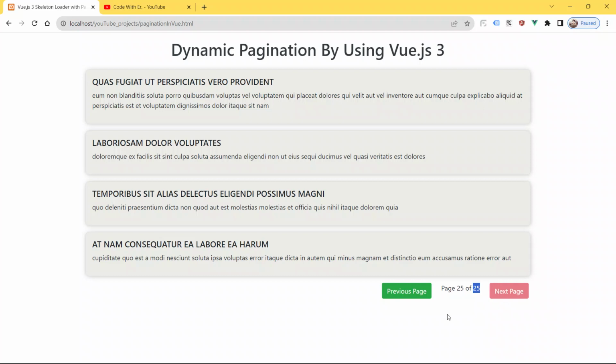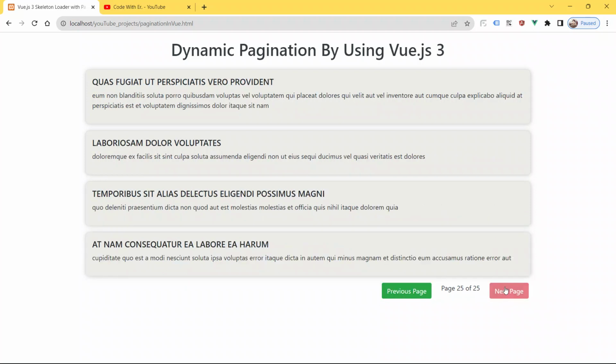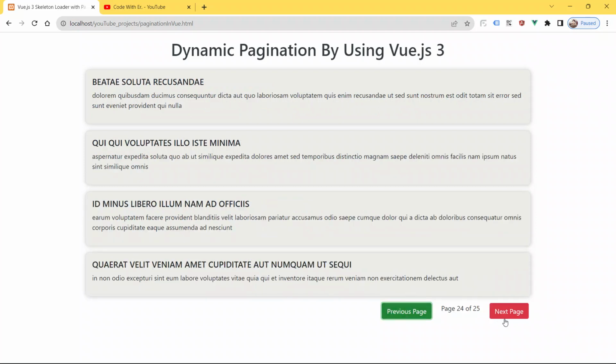And you can see our previous page button is already enabled. So guys, now you can go back also. Just click the previous page button. See, boom guys, and you can see the next page button is enabled again. Again disabled, again enabled. Just try to go to the previous page again and again.